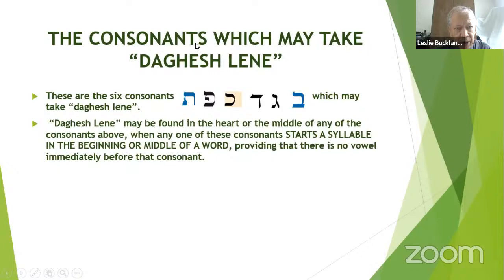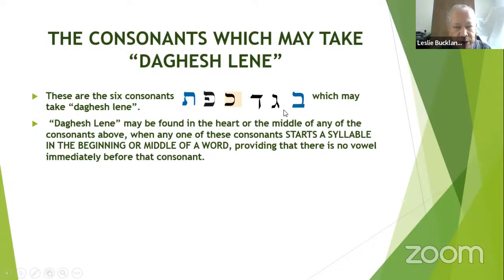Now, here are the consonants which may take dagesh lene: Vaith, Gimel, Dalith, Kaf, Fe, Thao. These are the 6 consonants. And in Hebrew grammars,